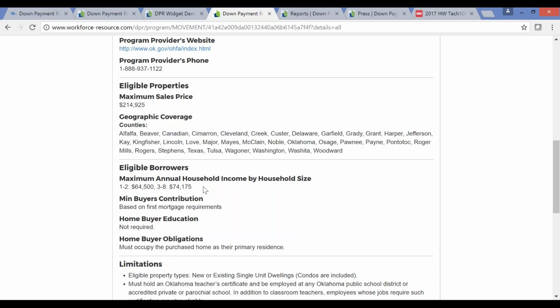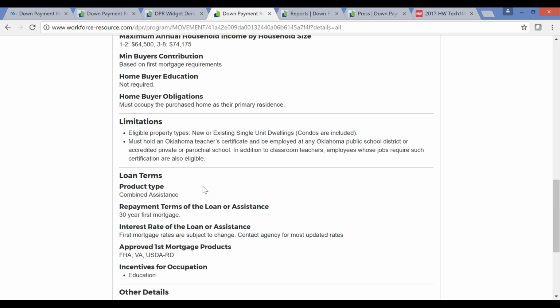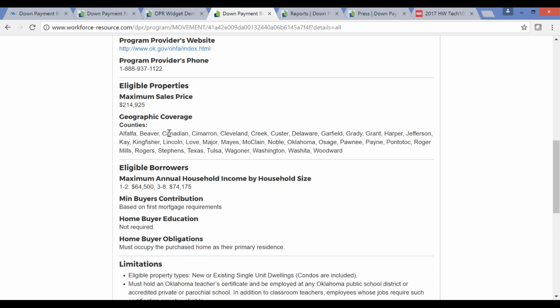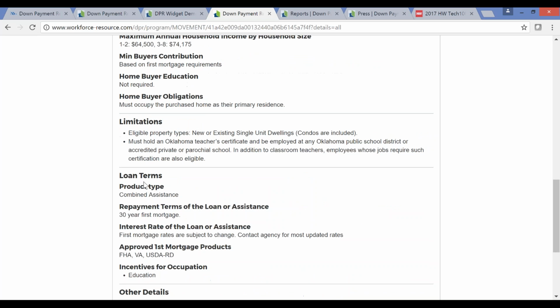Can we muster up enough business, and will there be some shortage of down payment funds among some of those people, and will this program help us solve that problem? So in limitations then, in addition to giving you max purchase price, where's the program available, income limits by household size, buyer contributions, we